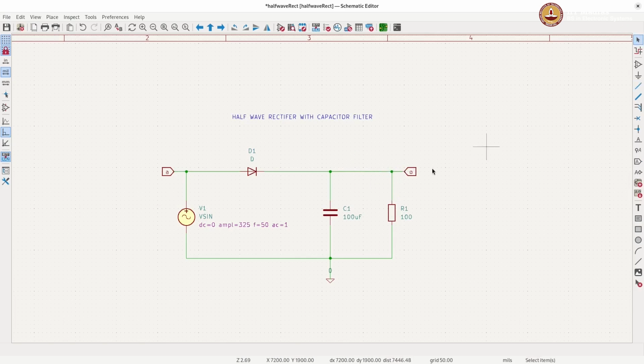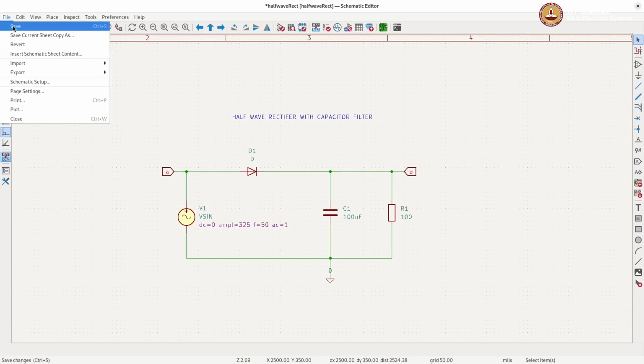So you see what we have done? I have given the net name for all the wires that are connected to this as A, all the wires that are connected to this as O, and all these wires which are connected here as 0. So now all your nodes are very well defined and easy for you to recognize and even call upon while plotting. Now you just save it and then again recreate the